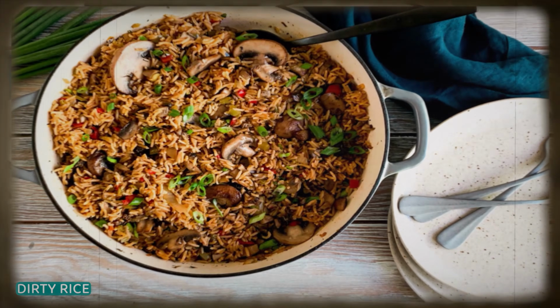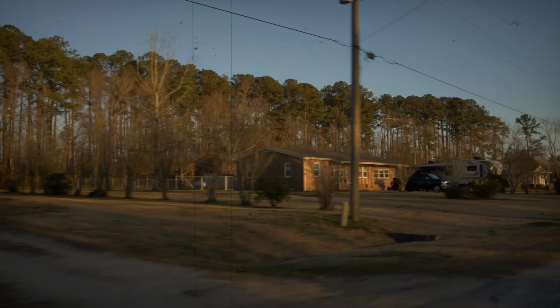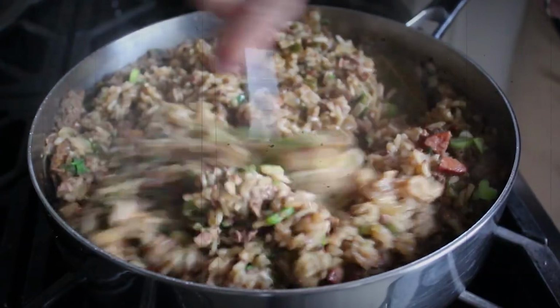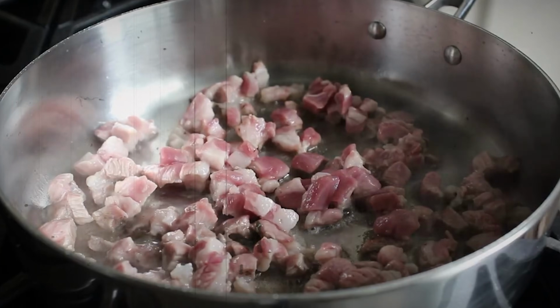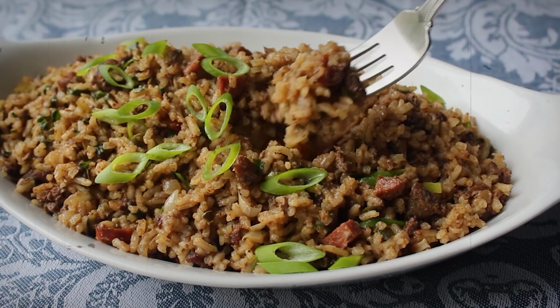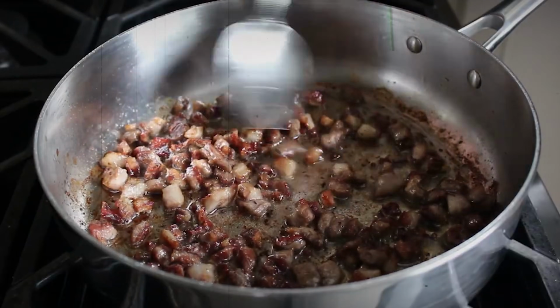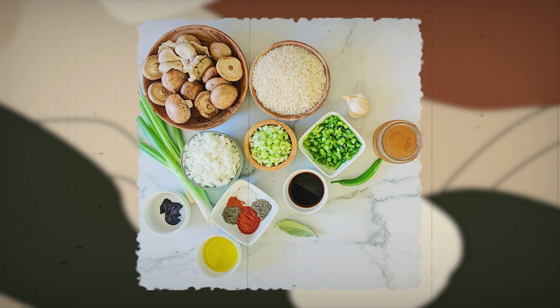Dirty rice. During economic downturns that particularly affected southern communities, this traditional Cajun dish helped families maintain regional food traditions while stretching a small amount of meat into a filling meal. For just $3.38, you can make a pot that feeds 6 people. That's only 56 cents per serving. You'll need a quarter pound of ground beef, a cup of rice, an onion, a bell pepper, some celery, and